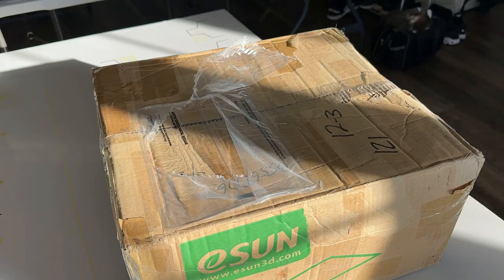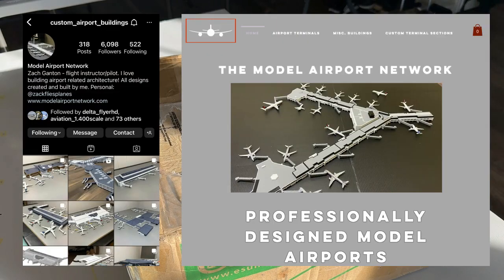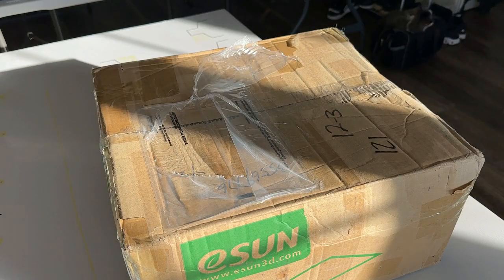So this comes from Custom Airport Buildings, our model airport network, on his website. Really good guy. His name's Zach. He was kind enough to help me out and make this. I thought about doing this quite a while back, but I decided to hold off due to my budget. But luckily, after years of saving up in preparation for this, I finally had a good opportunity to be able